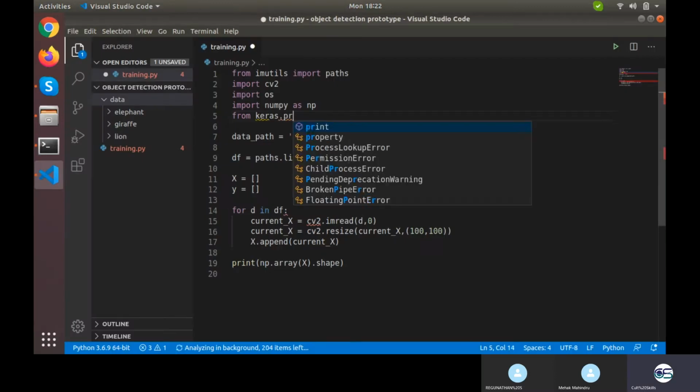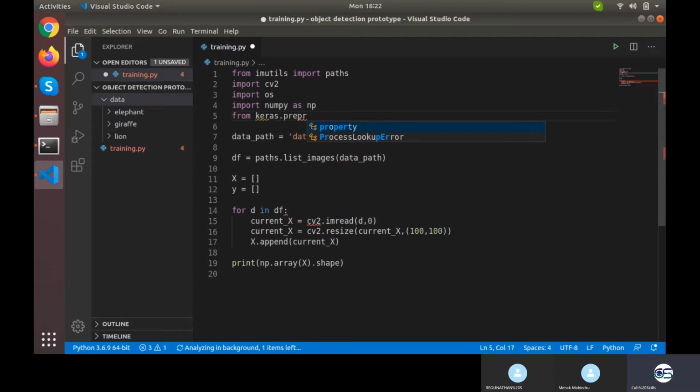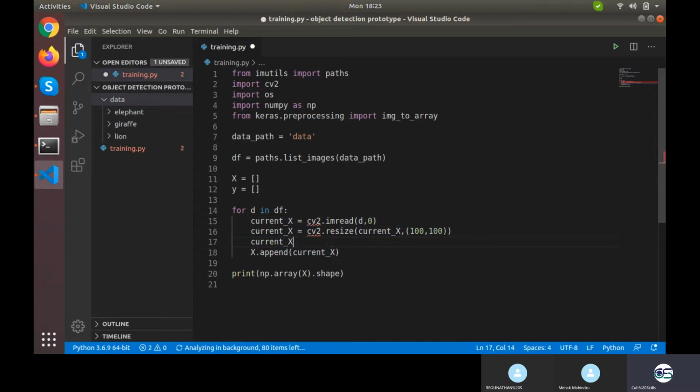So from keras.preprocessing import... what was that? I forgot. Okay, it was img_to_array. So I want to pass this entire thing through img_to_array.